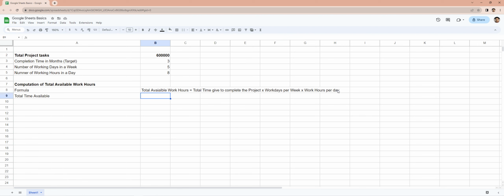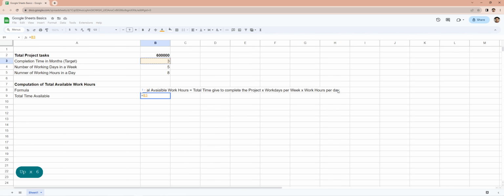I will use the equal to operator, which tells Google Sheets that we are writing a formula rather than a hard-coded text or a value. So I would like to go with the total time we have, that is